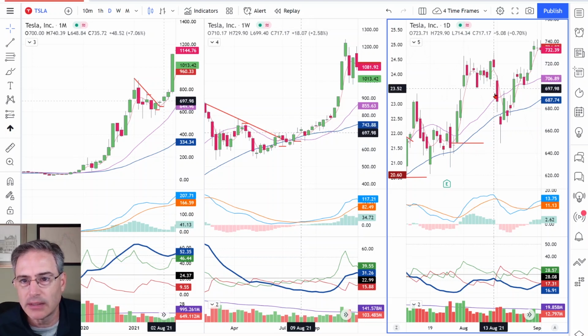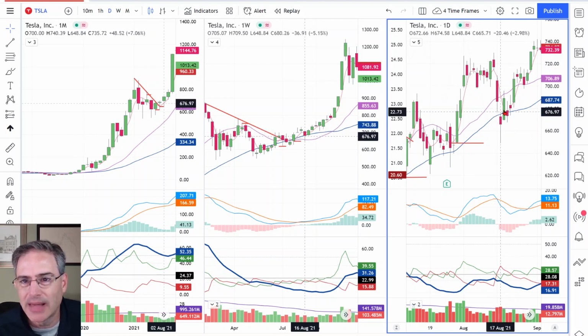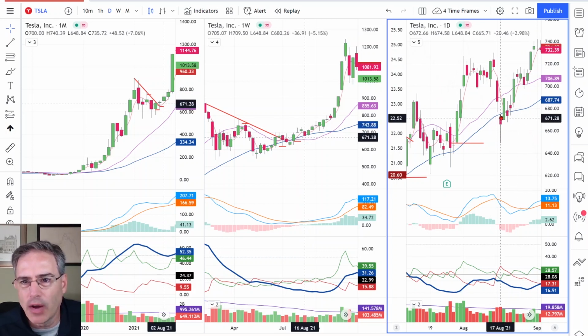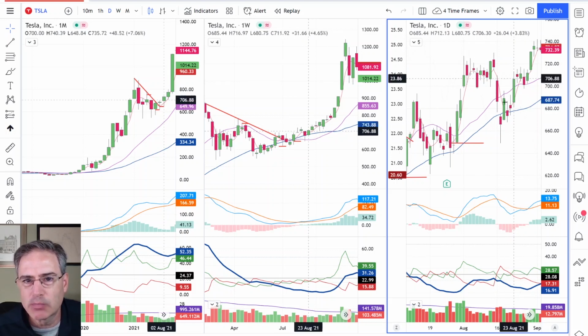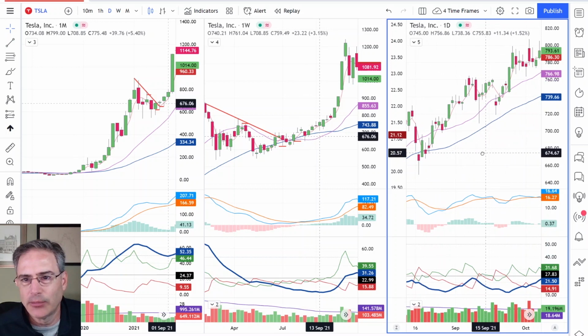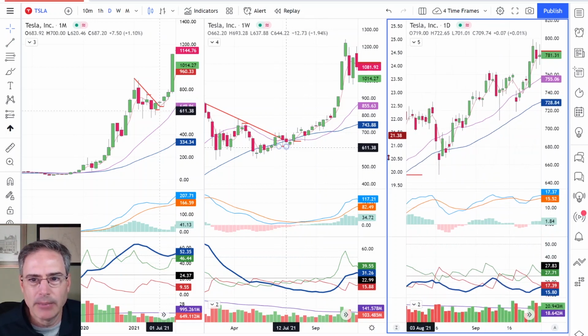Look at the violence. Look at the big gaps. I'm not trading that. I'm looking for high probability. I like low volatility for the most part. When the volatility is rising like this, I wouldn't expect it to just take off again. But that's what happened here. And the reality of the situation is, if I were trading this,